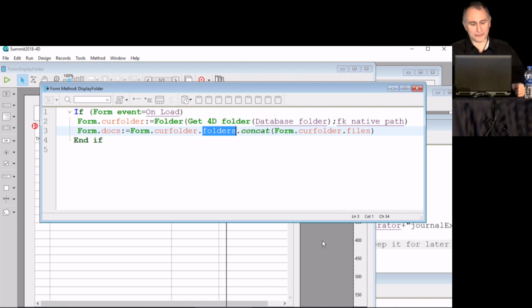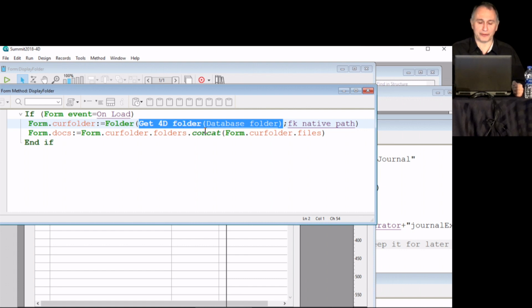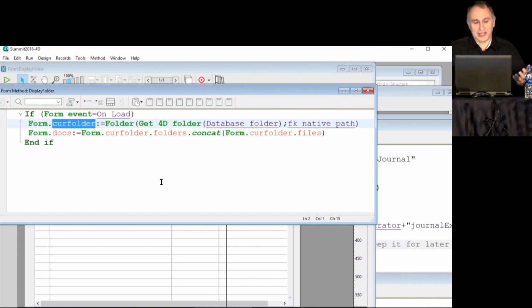explain. In the onload, I'm going to get, so folder is a new command that returns a folder object based on a string, which is the property path, the folder path. So here I'm going to use the folder path of the 4D folder database folder. Okay, and I want this to be a native path. You can work in POSIX also. So I'll put that into my current folder, into my form